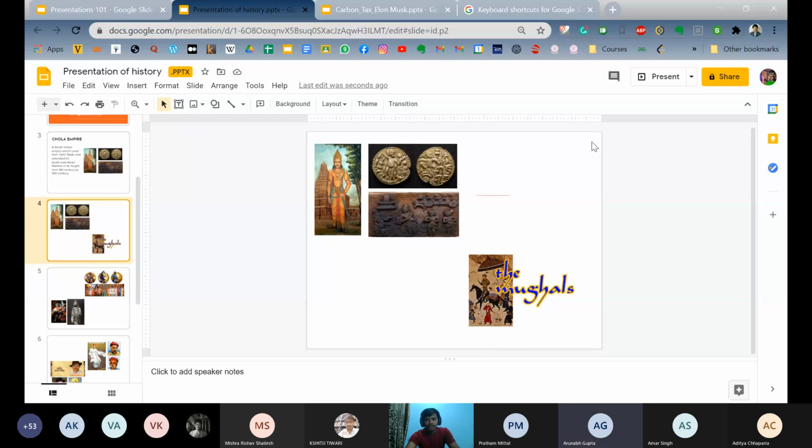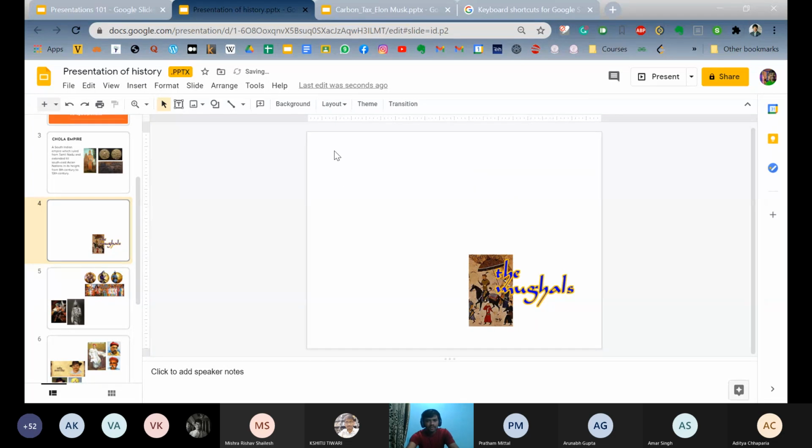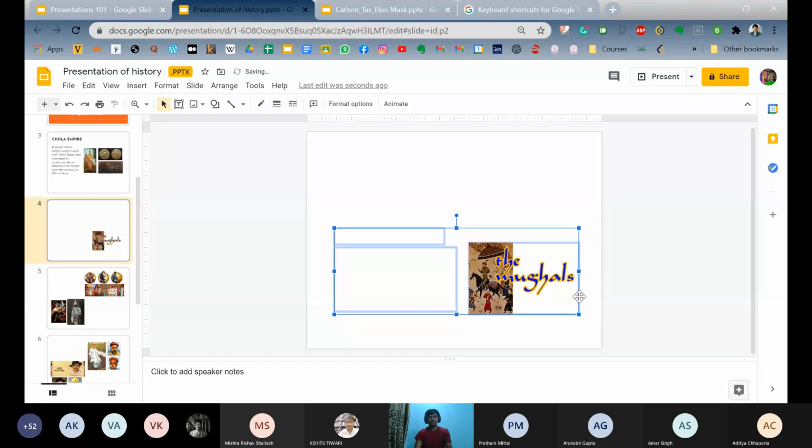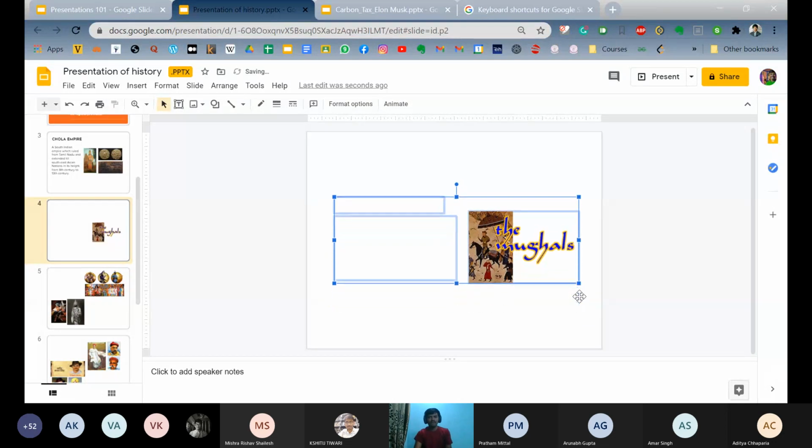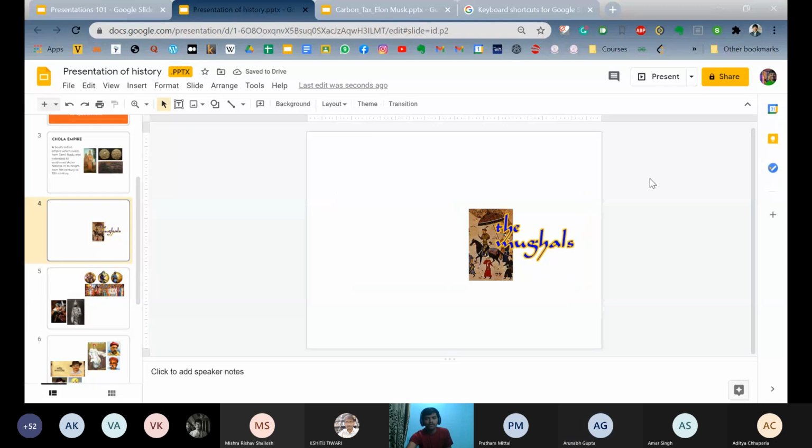And another way to select multiple things at a time is to drag and select all this stuff. You just hold the cursor somewhere, click there and drag it, and you will select all the things that are in that region. I hold it, drag it, and I can put all those together.